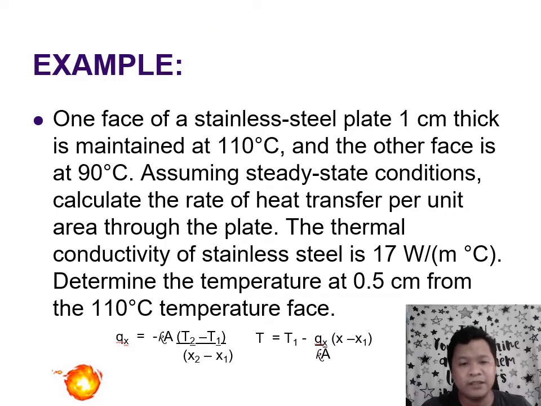All right, so in this case, we have one face of a stainless steel plate, 1 centimeter thick, maintained at 110 degrees C, and the other side at 90. Assuming steady state conditions, meaning the side at 110 is always at 110, and the side at 90 is always at 90. Calculate the heat transfer per unit area through the plate, and also determine the temperature halfway into the plate, o sa gitna ng plate,